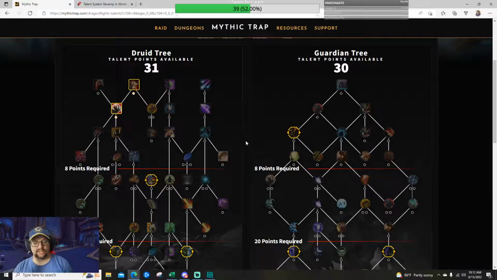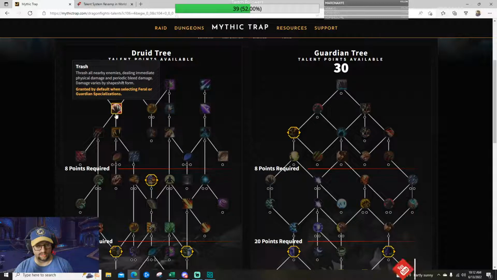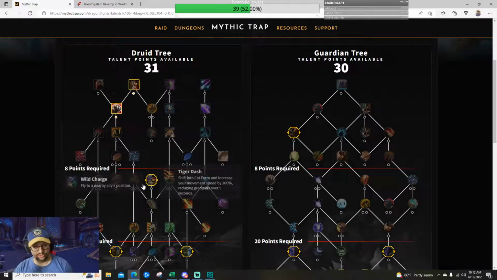So some things to keep in mind is that this is making the assumption that you can go back up the tree. Just a quick example, you put 2 points into Improved Bark Skin. Actually, let's go further down. We'll talk about it in a little bit when I show it. We kind of go down here. Now, if something like this where there's only one way to go, we can definitely assume that that's an arrow